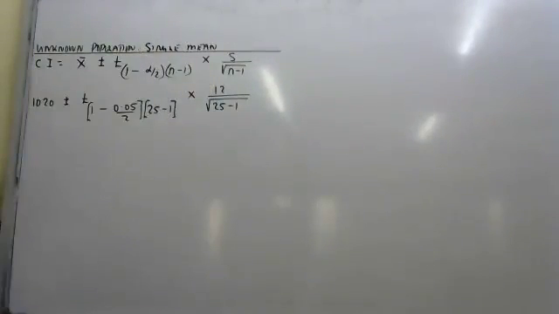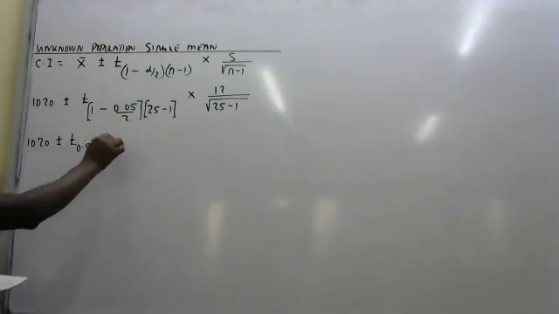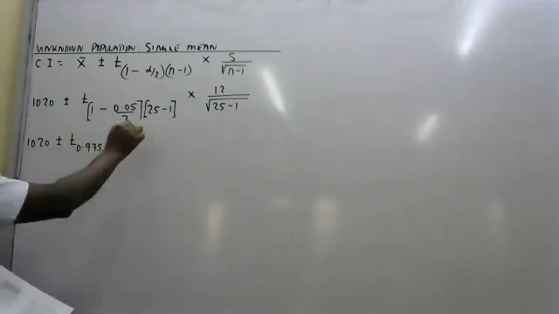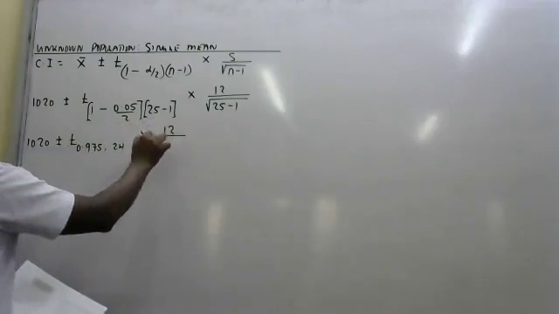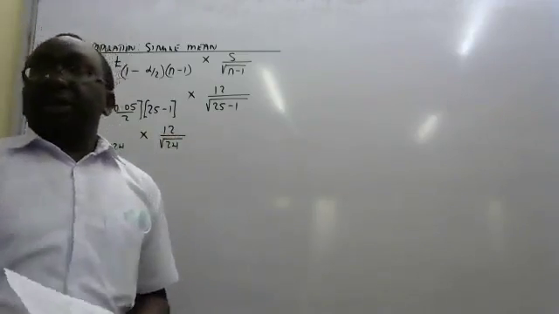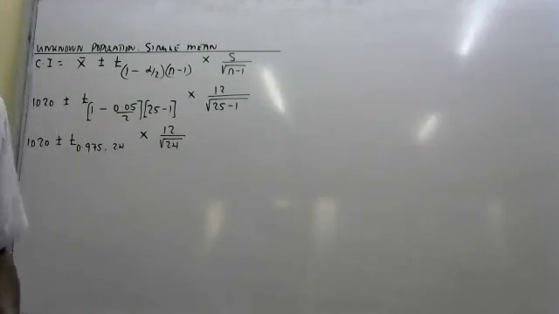Sasa ukishafanya hivyo, unakuja hapa unasema 120 plus or minus T 0.975 and 24. Hii ukitoa kwa bracket is 0.975 and 24. You multiply by 12, divide by the root of 24. So this one we are not going to draw the diagram because it is the same like the one we have drawn in the question and the one that we drew in the notes. Sasa tuendelee hapa, andika 120